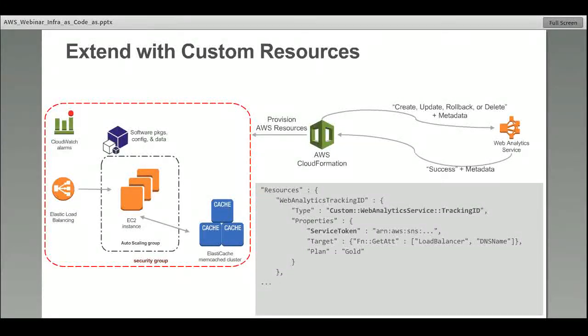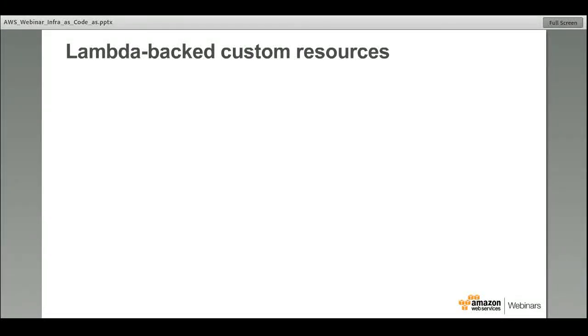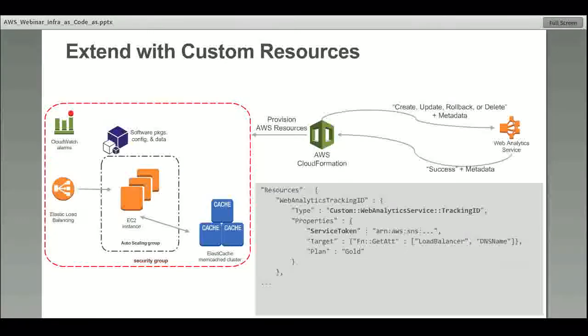And then you can use that data that comes into CloudFormation for other resources that you might have in the stack. So these are custom resources which allow you to go beyond the 20 or so AWS services that we support. And recently, in April, we actually made custom resources even simpler by enabling Lambda-backed custom resources. What it means is that you don't have to set up your own web service to build a custom resource. The custom resource provider that you have doesn't have to be a web service from the ground up. It could be as simple as a Lambda function.